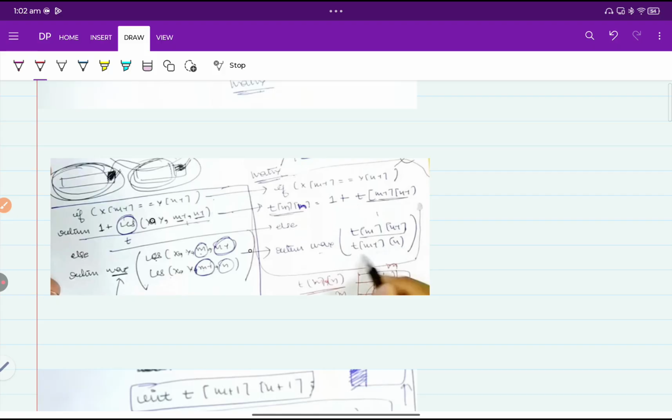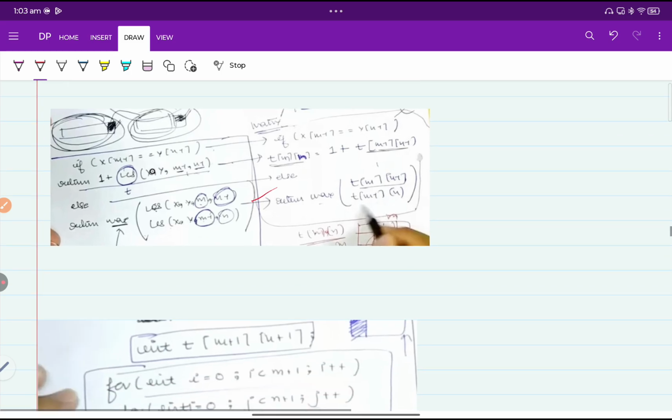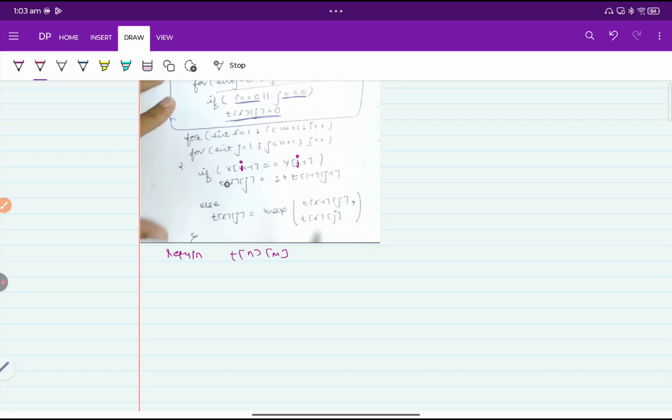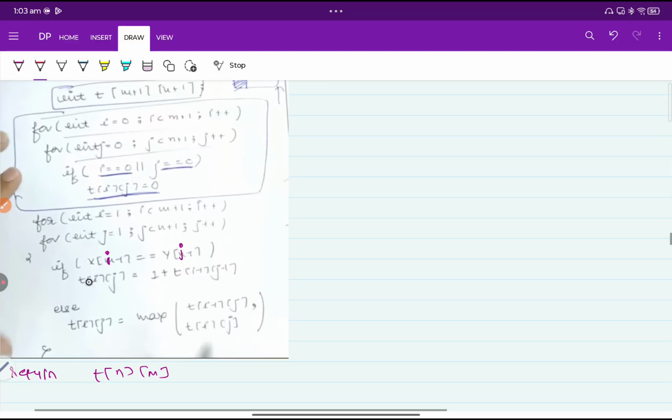Then in the second case, I have to return the maximum of t of m, n minus 1 and t of m minus 1, n. This is the return of the things. Now, if I talk about the final recursive code of this,